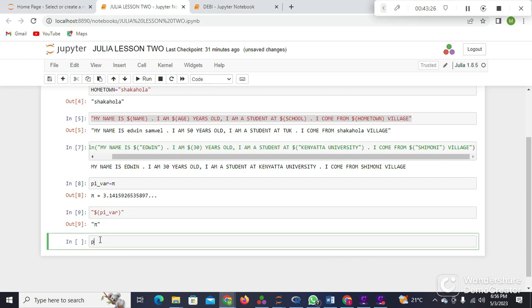So let us just do the printing directly. Print. So what are we printing? We are printing a string. So let us write something inside the string. We can say, the value of pi is,